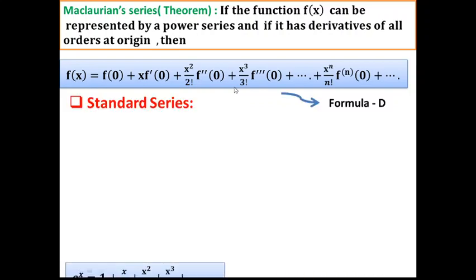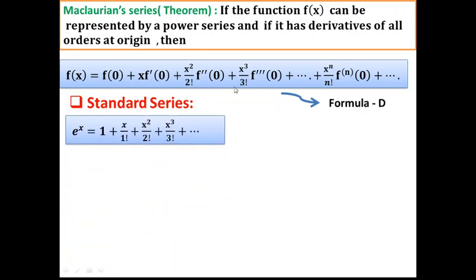So let's see some standard series which we get on applying the Maclaurin series expansion. Generally in competitive exams, it is asked what is the exponential series, or what is the series expansion of e power x. It is 1 plus x by 1 factorial plus x square by 2 factorial. You can see here we get all powers of x, and whatever is the power of x, the same term is divided by that many factorial. Here the power of x is 1, so we have divided it by 1 factorial. Power is 2, so 2 factorial, like this.